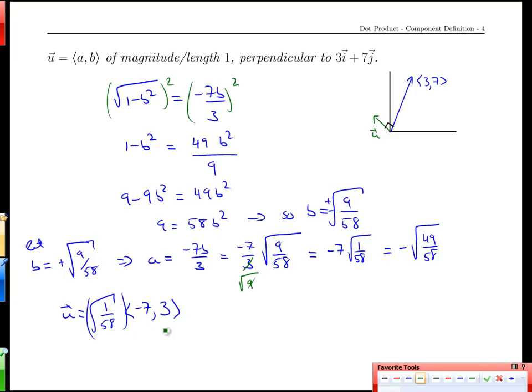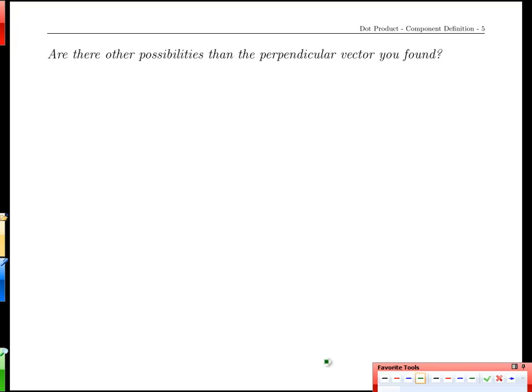So that's not a bad way to go about it. We use the two constraints that we were given, one that the length of the vector had to be 1, and the other one that it had to be perpendicular, and so its dot product with the 3, 7 vector must be 0. And we obtain an answer for u here. Of course, there's other possibilities that we didn't mention because we also had our other b value, which was negative 9 over 58, all square rooted, and that would have led to a positive 7 square root of 1 over 58,